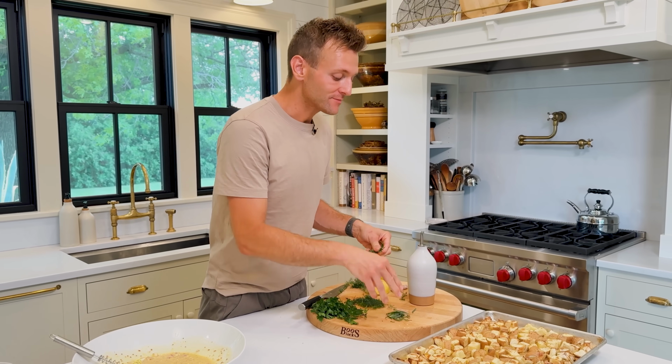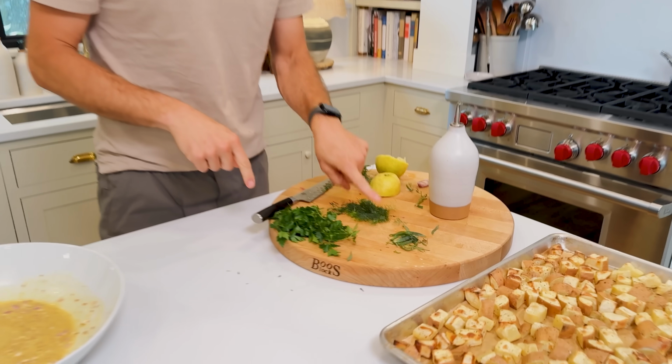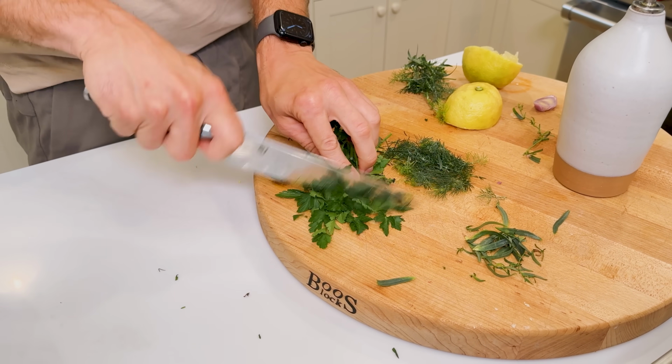So what I have here is, to me, the essentials. I have some tarragon, French tarragon. It has a beautiful flavor, a slight anisey flavor. Works really well with dill. And then just some fresh parsley. So I just went out to my pots of herbs I have on the back patio, and I just want